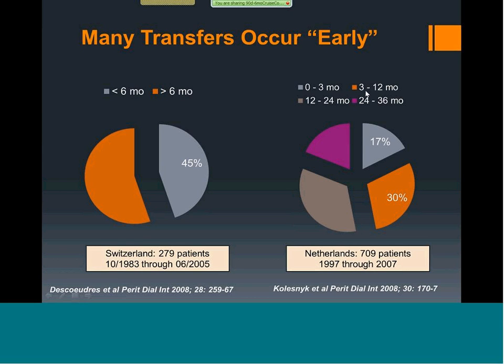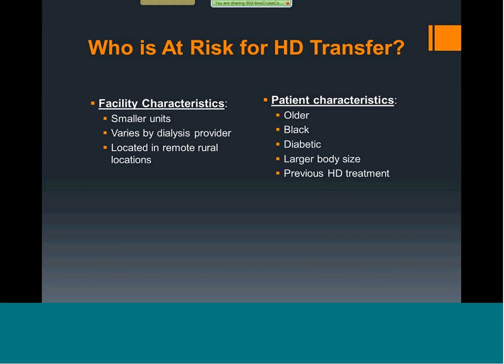Again, I don't have the data for 90 days to 6 months, but if you look past 3 to 12 months, you have 30% of patients that transfer within the second 9 months of treatment. If you compare it, half the patients that transfer do so within the first year of start of PD. So these patients, in my mind, never got a shot at being successful in doing the therapy, and it is important then to know why people transfer so early and what we can do to minimize that.